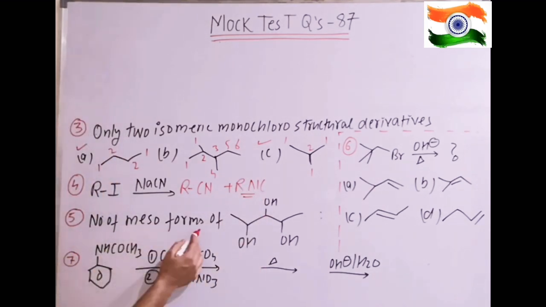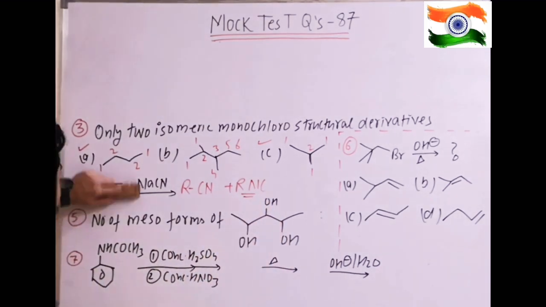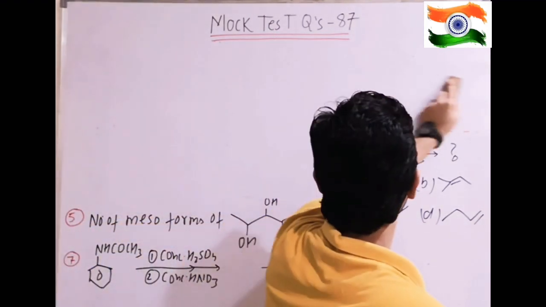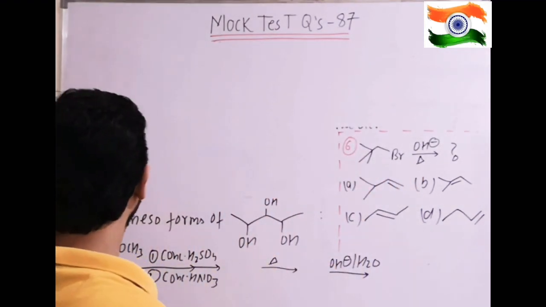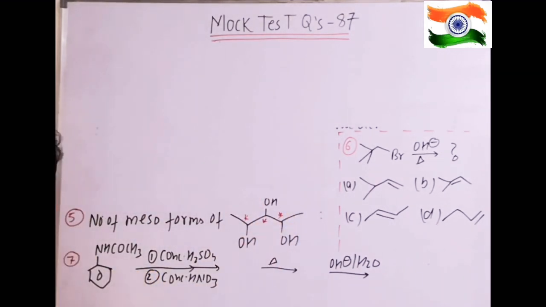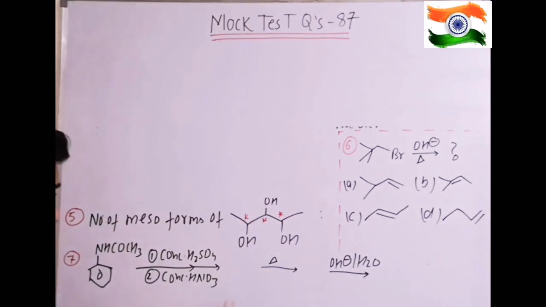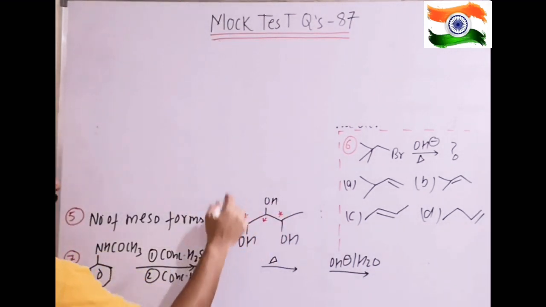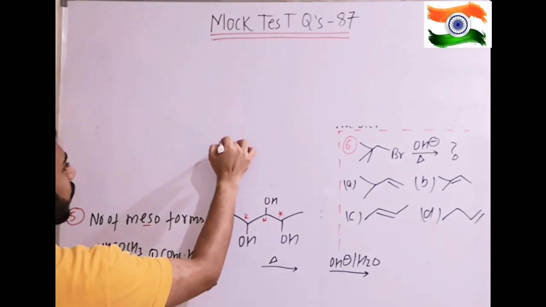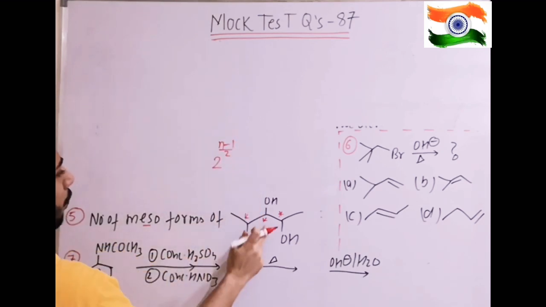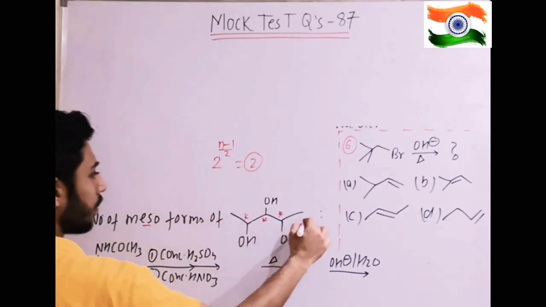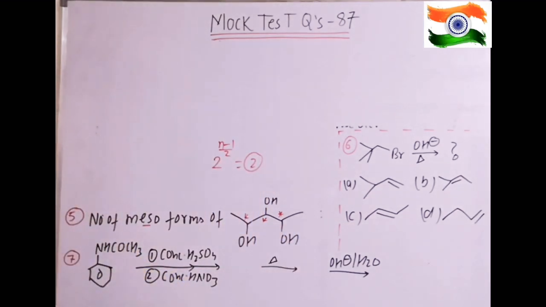Fifth question is number of meso forms in this molecule. For the number of meso forms of this molecule, we have done this concept in optical isomerism. We have done the case where the compound is symmetrical with an odd number of stereocenters and the middle center is chiral. In that case, total formula is 2 raised to power n minus 1. For optically inactive, that means meso, it is 2 raised to power n minus 1 by 2. Put the value of n as 3, 3 minus 1, that is 2 by 2, that makes it 2. Answer is 2 meso forms in the fifth question.